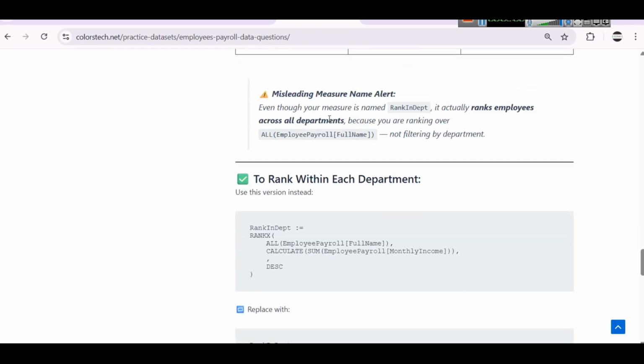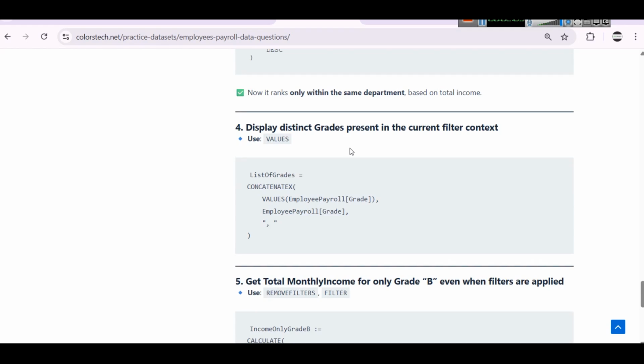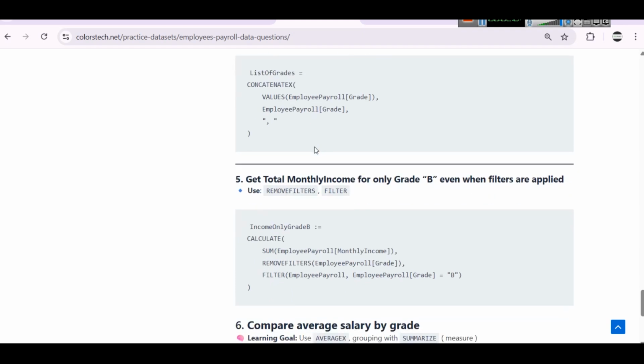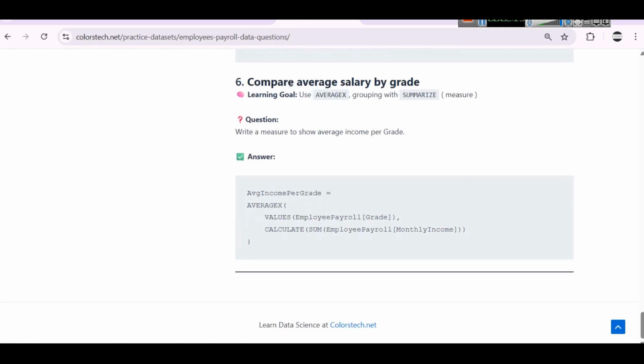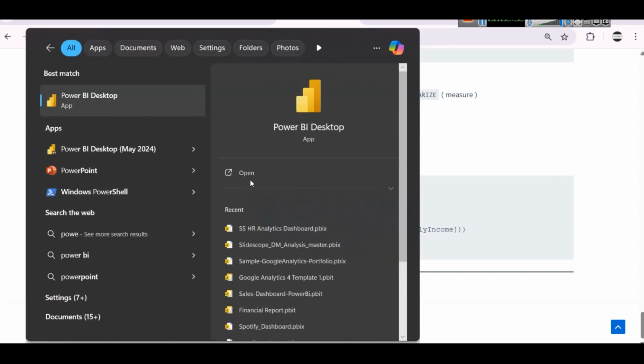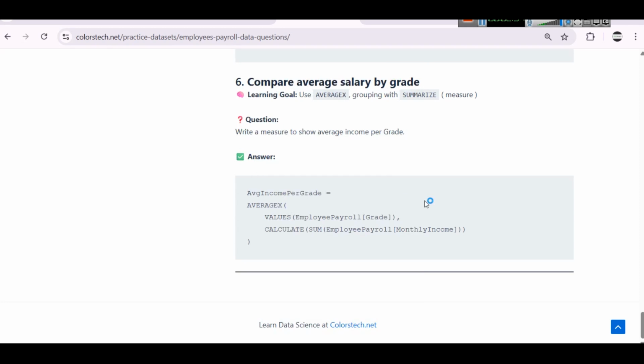We will also learn to display distinct grades present in the current filter using values, get monthly income. So everything we will learn today. An important thing, average salary by grade. If I ask you to calculate average salary, it is easy. But if I ask you to calculate average salary by a categorical field, that is something we are going to learn here. So we will simply open Power BI desktop, and first we will prepare our full data,